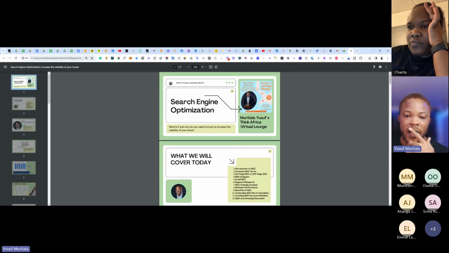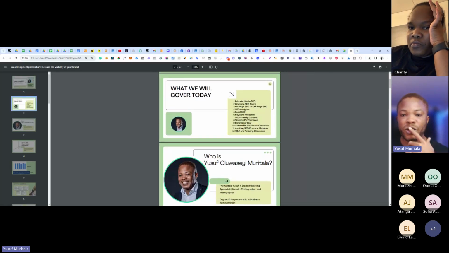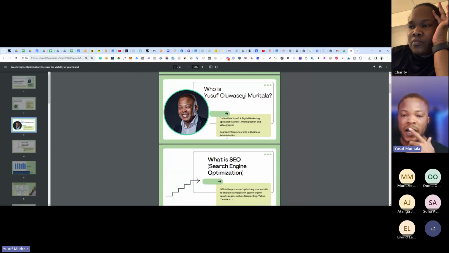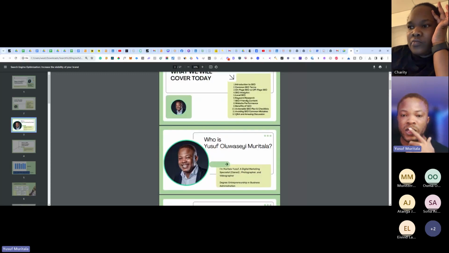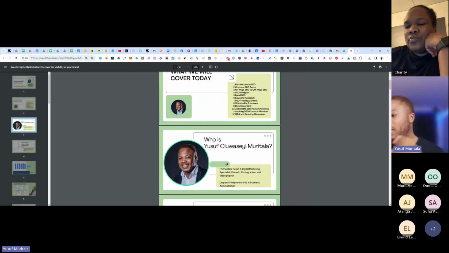We touched the introduction, common terms, and also on-page SEO and off-page SEO. On-page SEO are the things you do on your website that you have control over. Off-page SEO are the things external websites or you do to help improve your rankings.